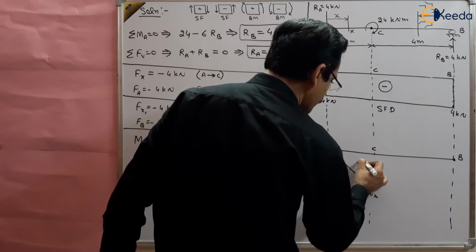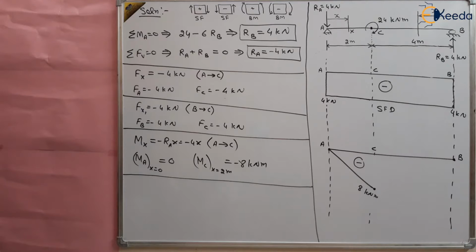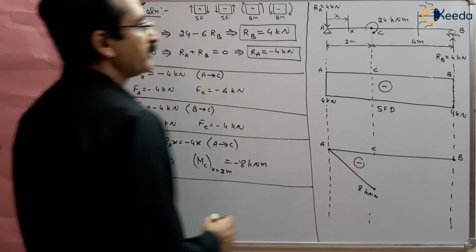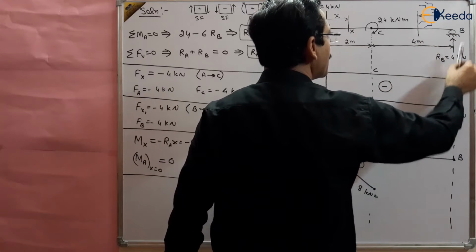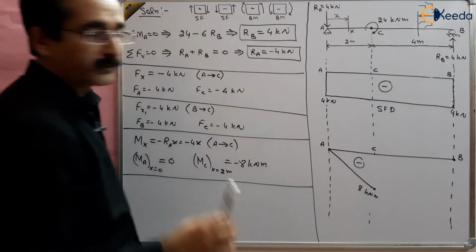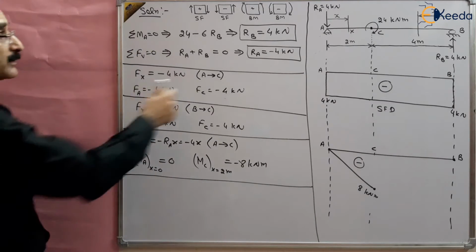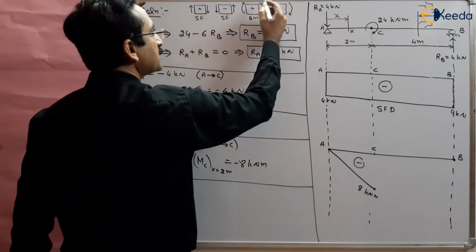Then we can take this section from the B side, x1 section, moment of RB about x1. So RB about x1 is positive now, because it is anticlockwise. So this part is positive,